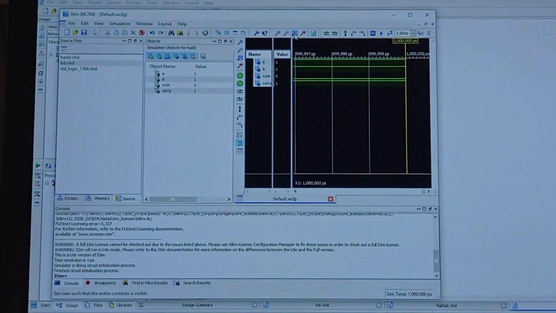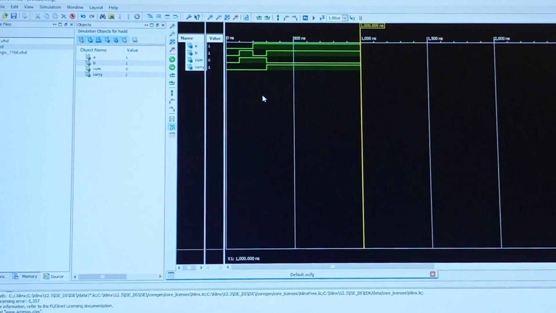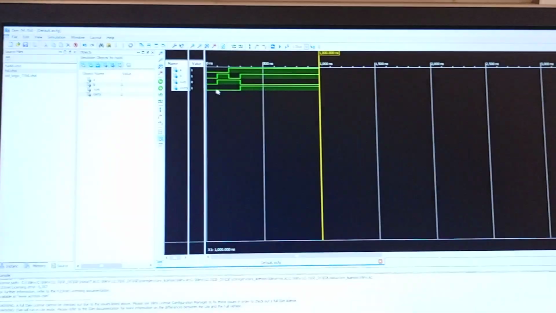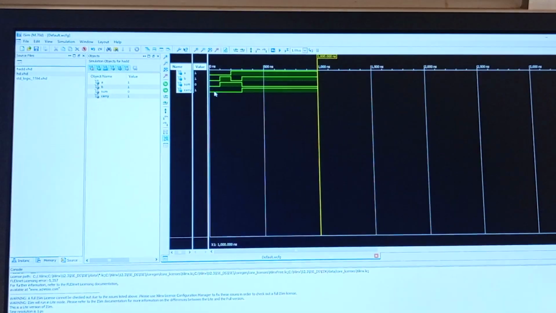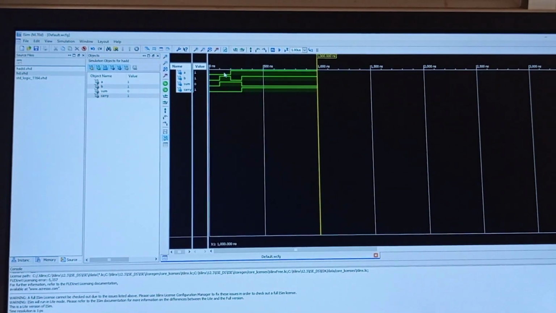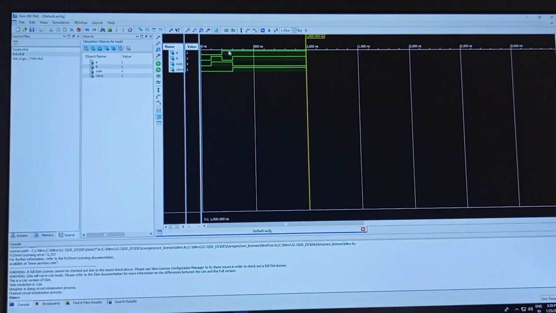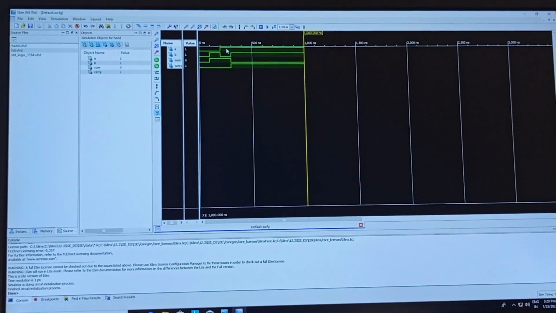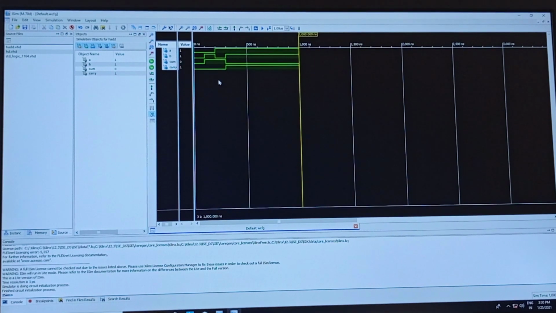This is zoom to check the full output. This is the output. Now you check the truth table. For 0 0 input, sum is 0, carry 0. Next 0 1 inputs, sum 1, carry 0. Next 1 0, A 1 and B 0, sum is 1, carry 0. If A 1 and B 1, sum is 0 and carry is 1. This is the output for the half adder circuit.